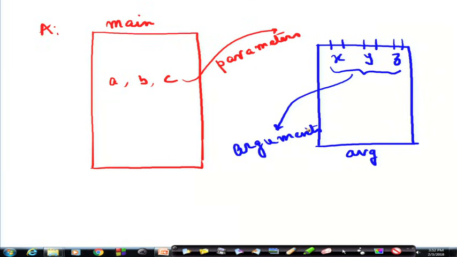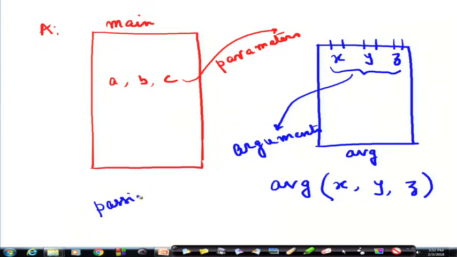That means, this average, when it is written, it has got 3 input pipes. So, we can write simply like this, function name average with 3 arguments X, Y and Z. Now, whoever calls it, we will have to establish the mapping between the parameters that it wants to pass to the arguments.